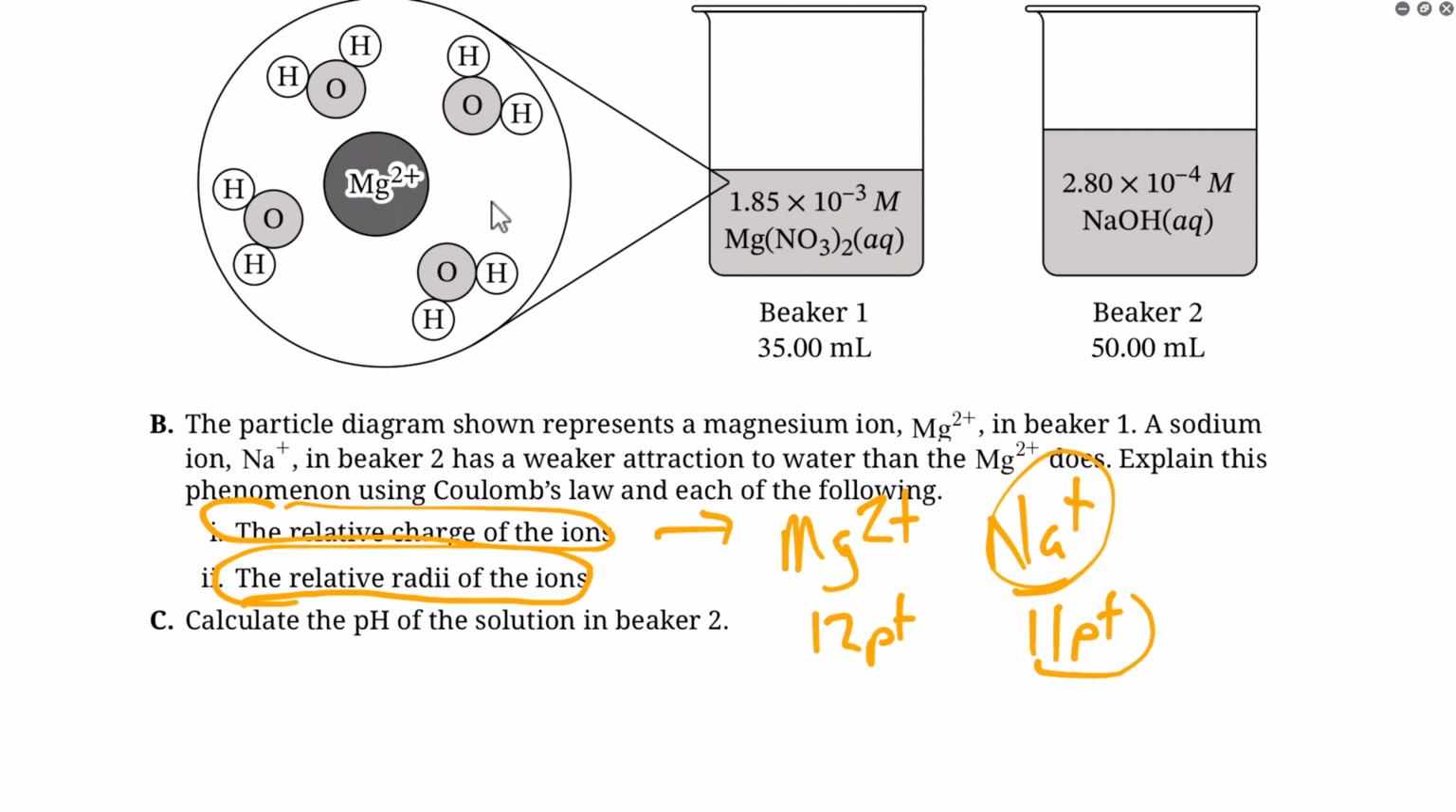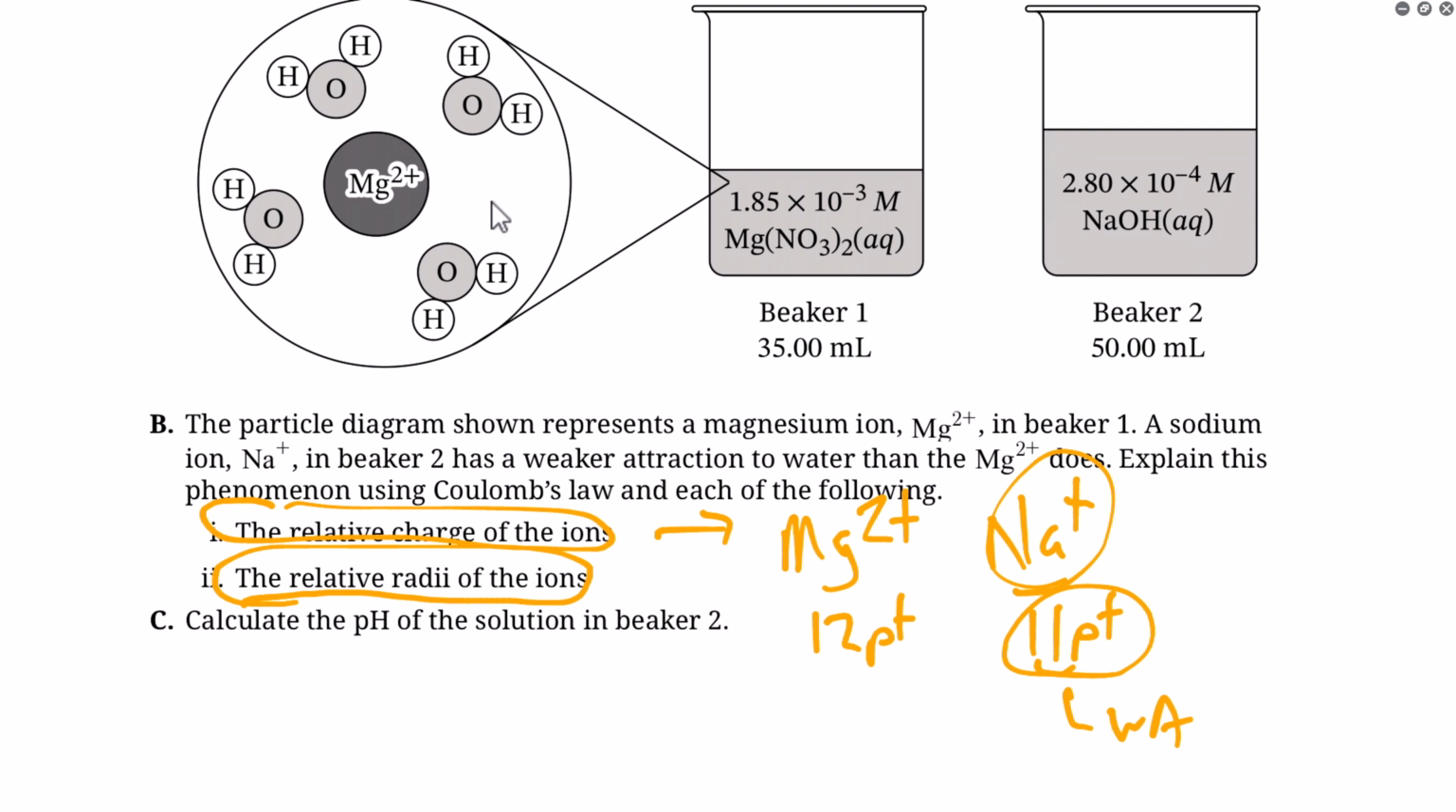So because sodium has a weaker nuclear charge, that is, it only has 11 protons in the nucleus when compared to magnesium, which has 12, this is going to have a weaker attraction to the water molecules, again, due to the fact that it has a smaller nuclear charge and has less attraction, of course, due to Coulomb's law: opposite charges attract. And the greater the magnitude of charge, the greater the attraction, as well as the smaller the radius of